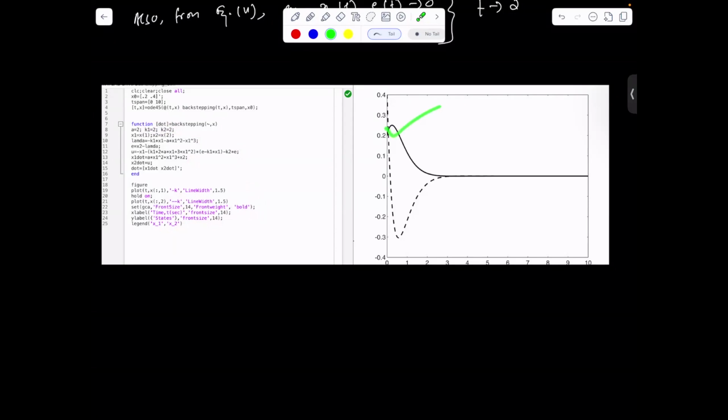And this is the result. So this is x1 of t, and this is x2 of t. You can see that as time tends to infinity, the response of these plots goes to 0. So the system is stable. This is how we can design the control for the nonlinear system.